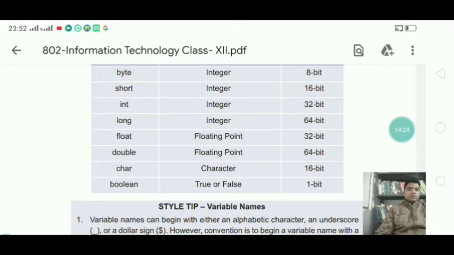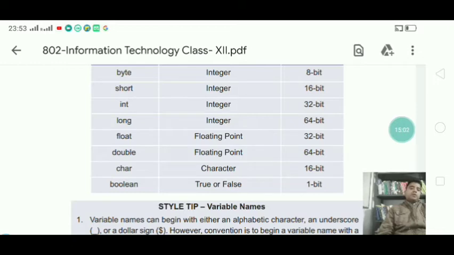Next one is character. It needs 2 byte of memory space, and it can store a single character, or a letter. Whatever you are taking, everything is counted as a character. That may be any alphabet, any digit, or any other symbol.